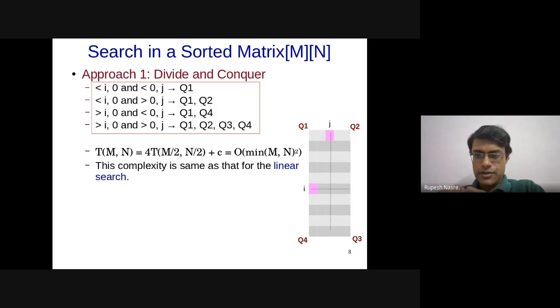Good. Manichandra says, how can we sort this matrix into a 1D array? Okay, that's a good question. So I would recommend that you suggest some way in which this can be done, or somebody else.